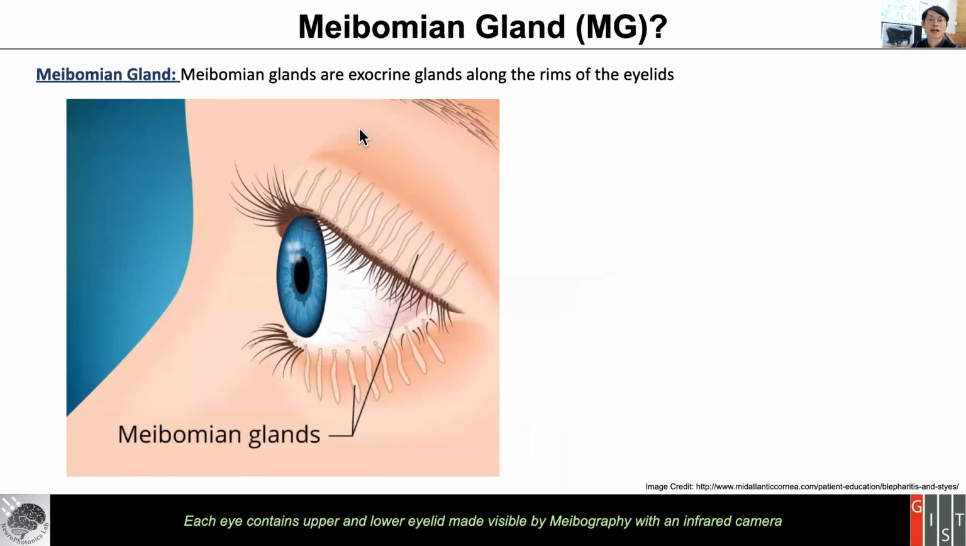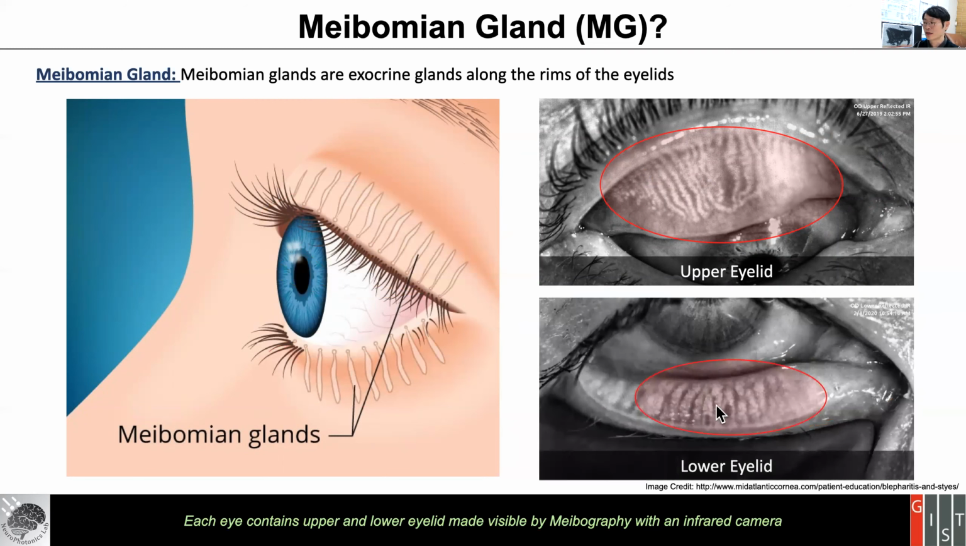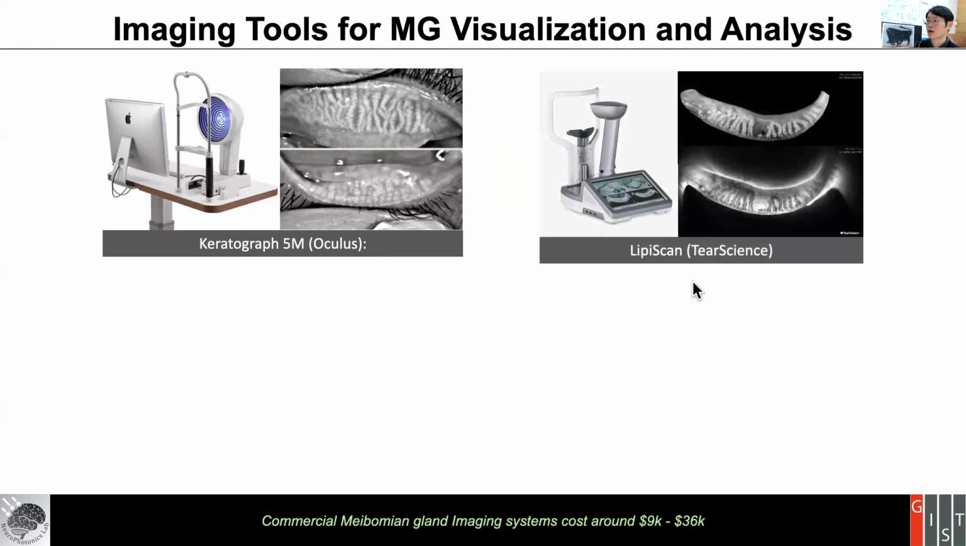So what is Meibomian gland? It is a gland in the eyelid, exocrine glands along the rim of the eyelid. And you can see by using infrared camera, you can find out this revealing of the Meibomian gland of upper eyelid and lower eyelid. And some of these are lost, which we call Meibomian gland dropouts, can be an indication for Meibomian gland dysfunction. So for that imaging, there are various imaging tools available for visualization, keratograph